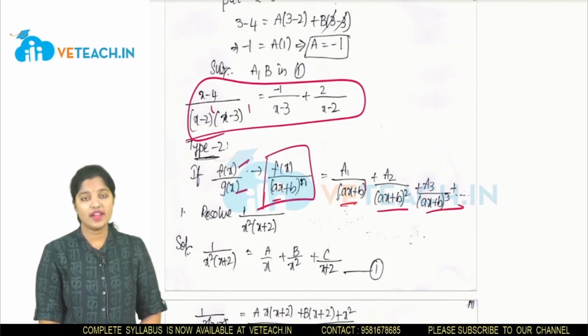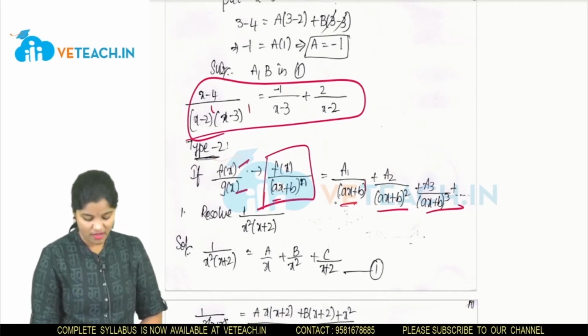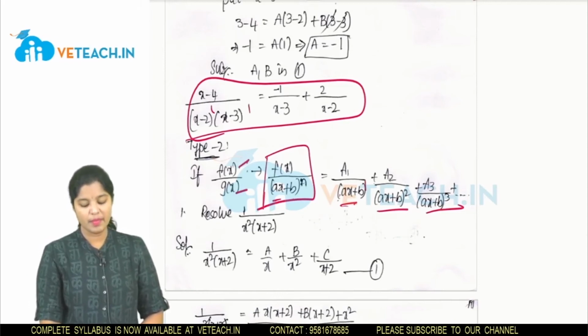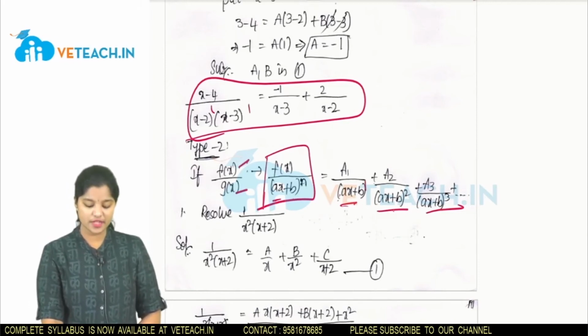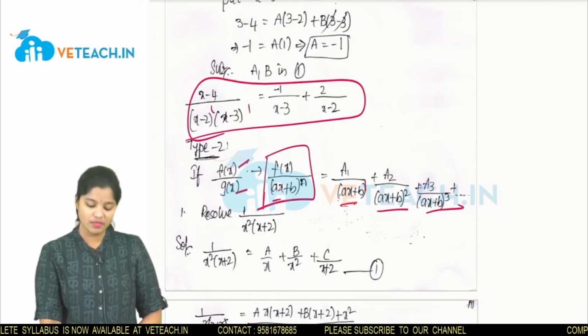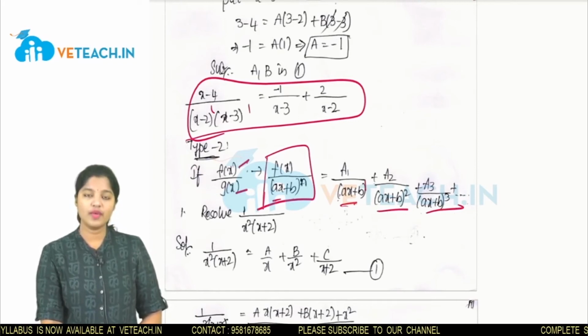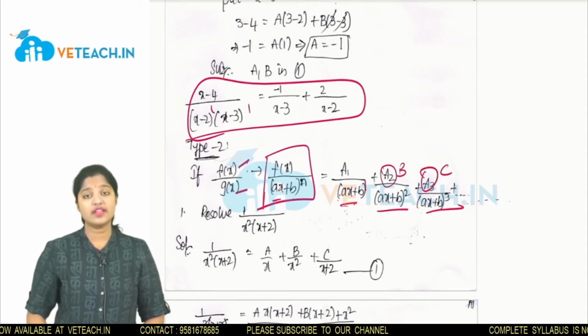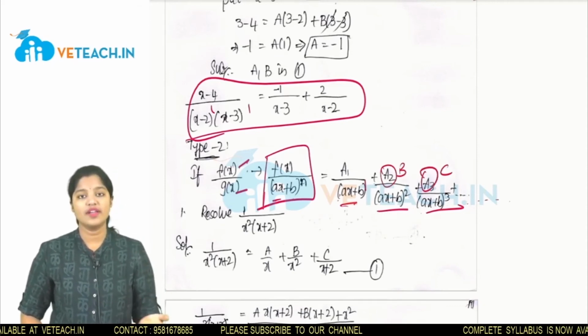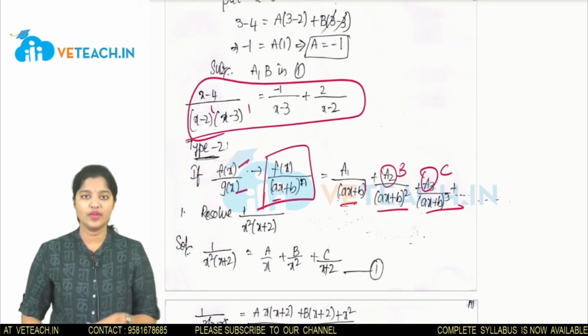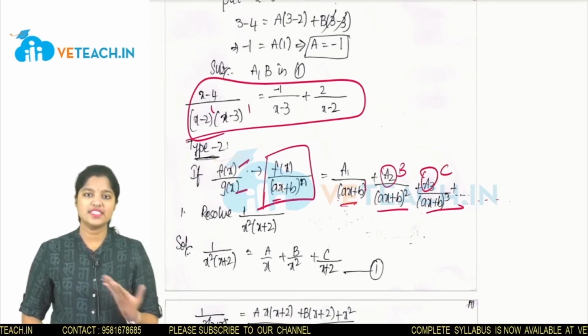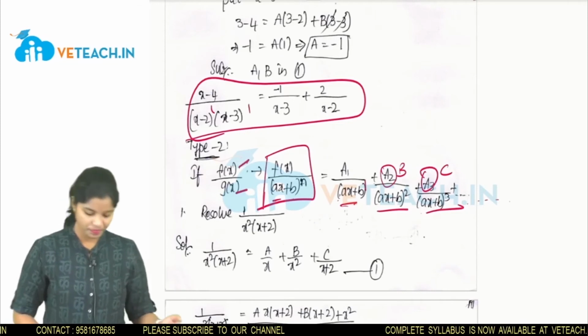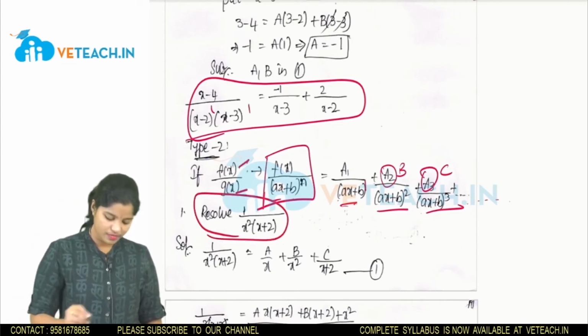Now how can we write then? We will write it as a1 by ax plus b plus a2 by (ax plus b) whole square plus a3 by (ax plus b) whole cube and so on. In place of a2 you can write b also, in place of a3 you can write c also. Any constants or any numbers which you like to put, you can use it there. You can either use s, t, u, v, anything. Okay. Now see this problem.